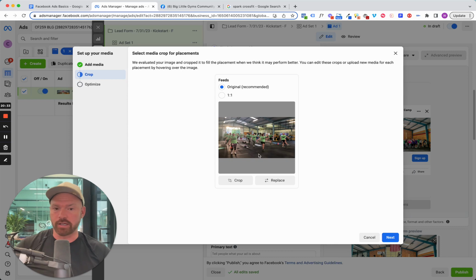And this is not a professionally taken photo. This is taken from an iPhone in the corner of our gym. And it's just a good broad view over space, people doing similar, like-minded things. For some reason, Facebook just loves this imagery. You get a better cost per thousand showing. People click on it. And I'm not sure what it is, because again, you would think that the media of